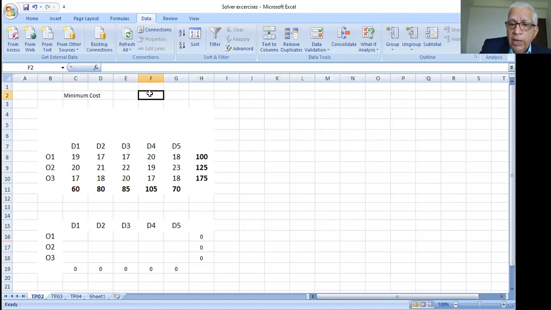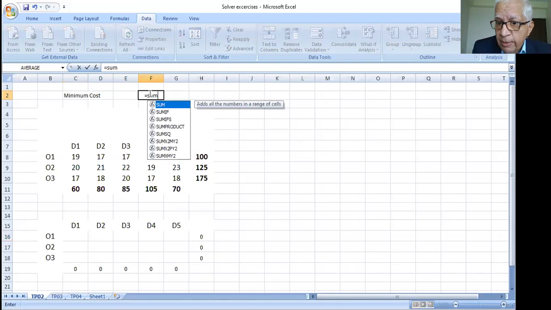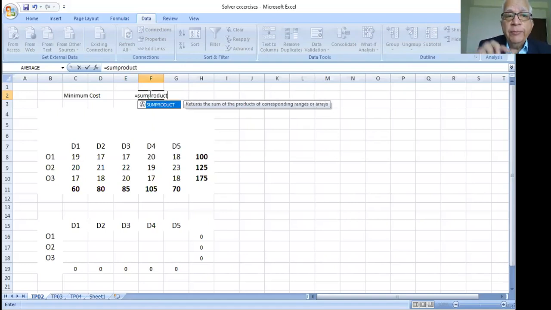Okay. Now I'm typing a formula which will generate the total of first matrix into second matrix, cell by cell. Okay. So the formula is equal to sum, it's not sum, it's SUMPRODUCT, sum product, opening bracket. Okay. Now leave the opening bracket as it is, equal to sum product opening bracket. Okay. Now come here.